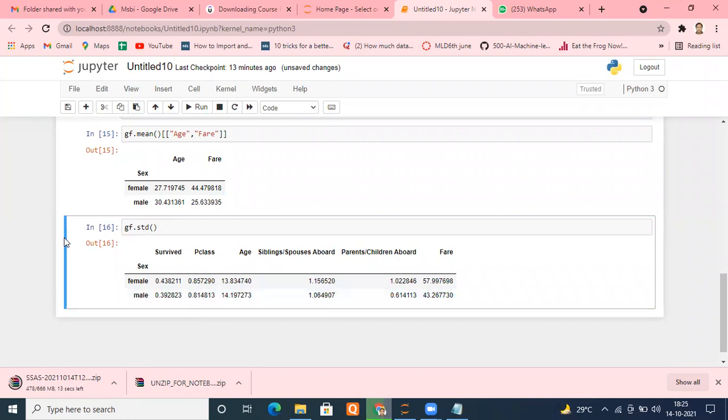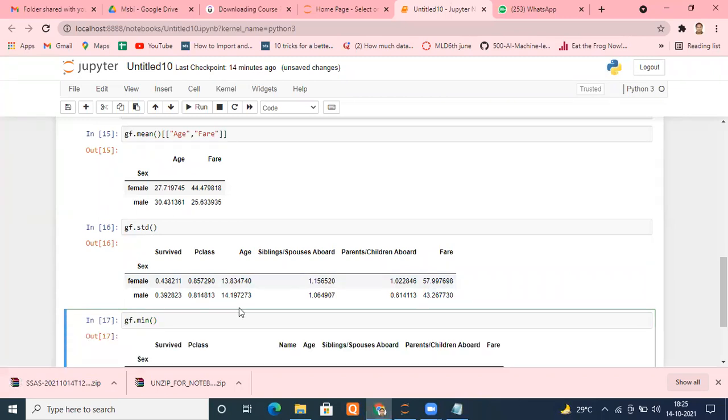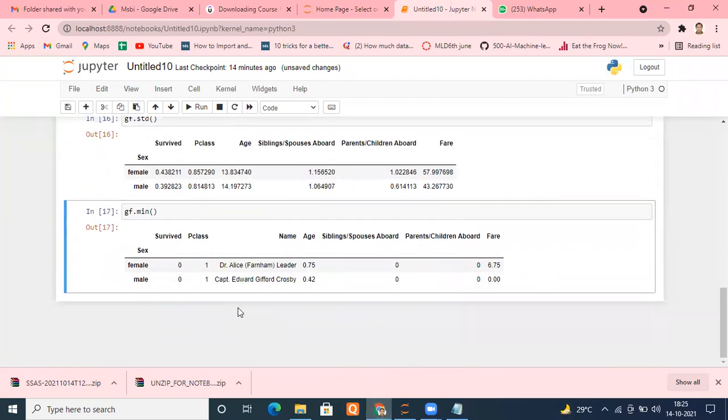Suppose I want to find the minimum age, right? Minimum age among the males and females. So what I have to do is just type GF dot min. For every parameter, it gives the min value: survived, P class, age, siblings, parents, fare, everything you will get. And you can see the alphabets as well.